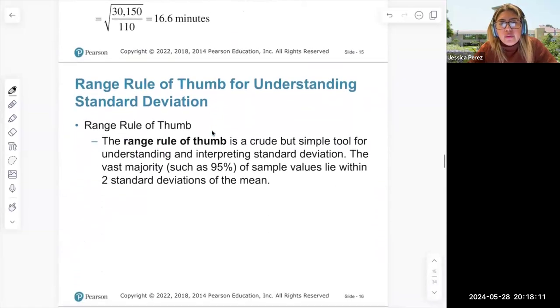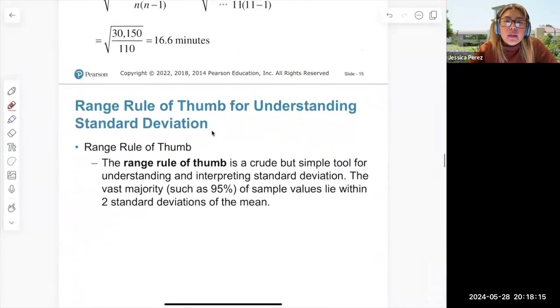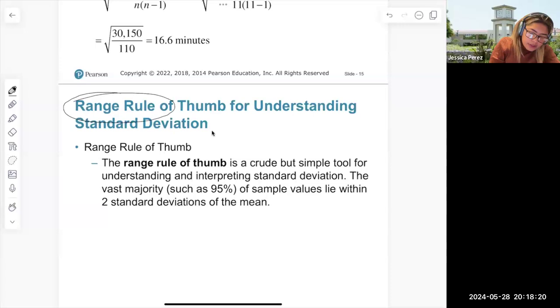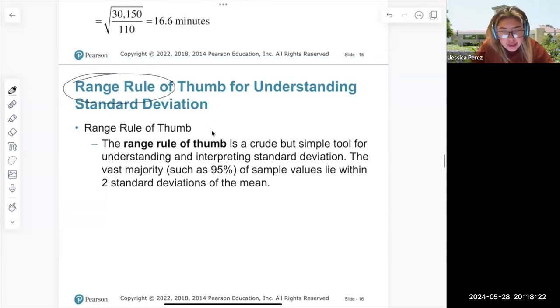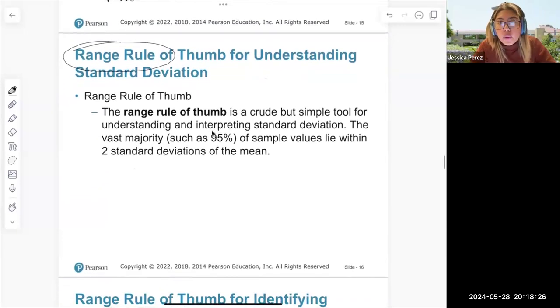Again, the rule of thumb. Now, we have another rule of thumb. This is the range rule of thumb for understanding standard deviation. The range rule of thumb is the simple tool for understanding and interpreting standard deviation. The vast majority, or 95% of the sample values lie within 2 standard deviations away from the mean. So to understand that, we do our